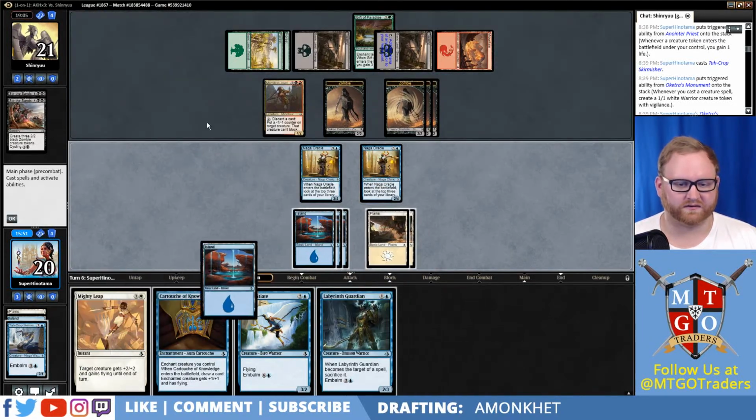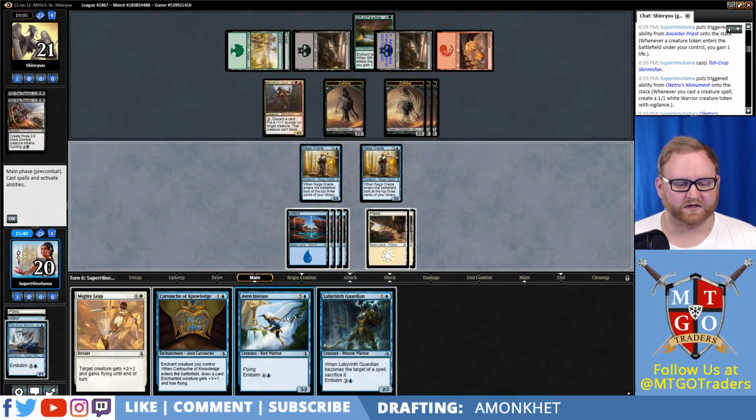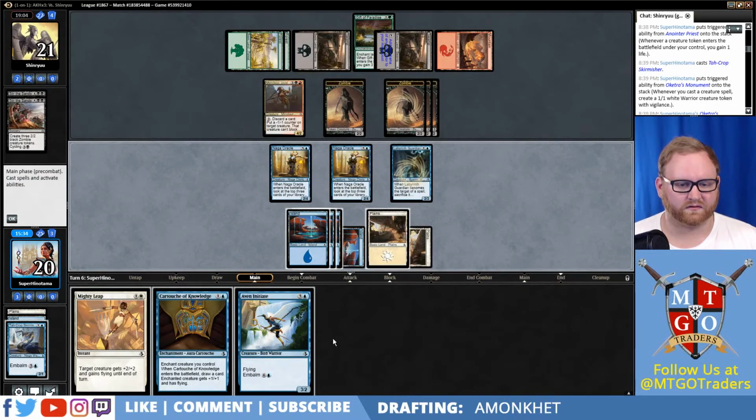Let's see. Let's go for... I want to just play out the Avian Initiate here? Let's go for a Labyrinth Guardian because it has 3 toughness. Then let's go for a...